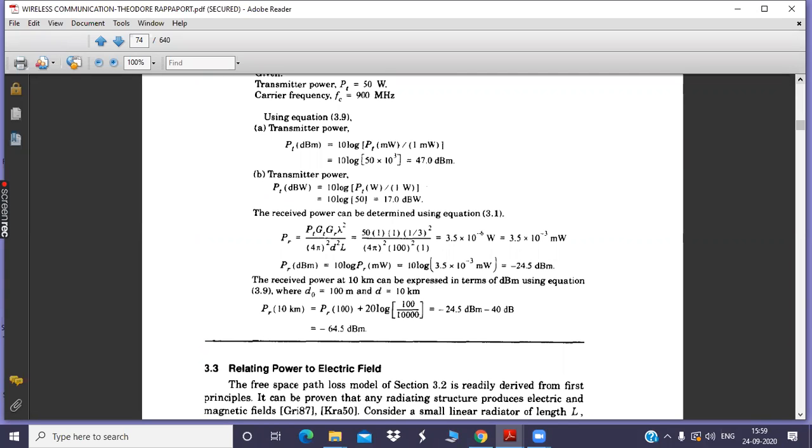Then cell splitting and handoff are very important. What are the techniques behind the handoff? With the particular diagram, there is a graph-like explanation in the handoff that you need to explain. That is the minimum power level you need to maintain in order to initiate the handoff. It should be a definite margin. There are two graphs that you are going to compare: one is improper handoff, another is proper handoff. That you are going to explain. That particular part is very important.